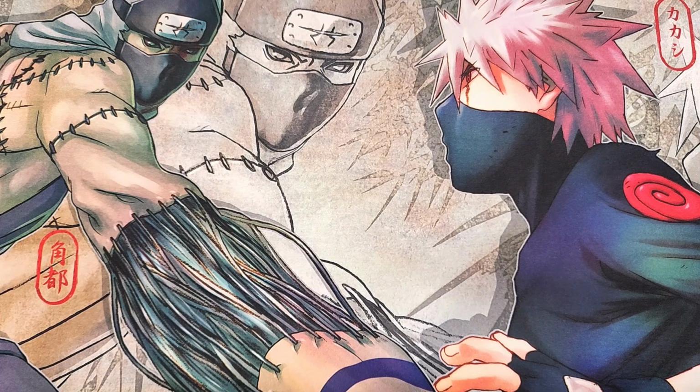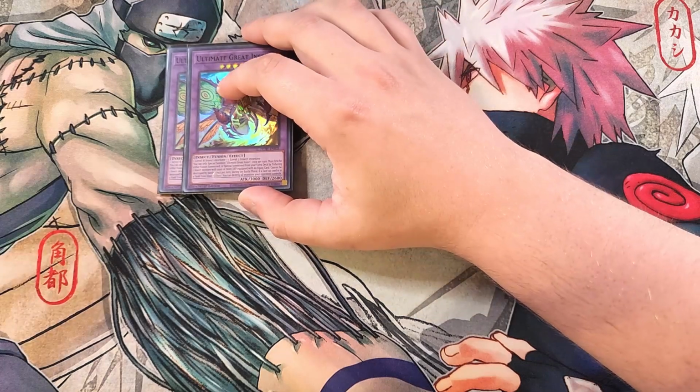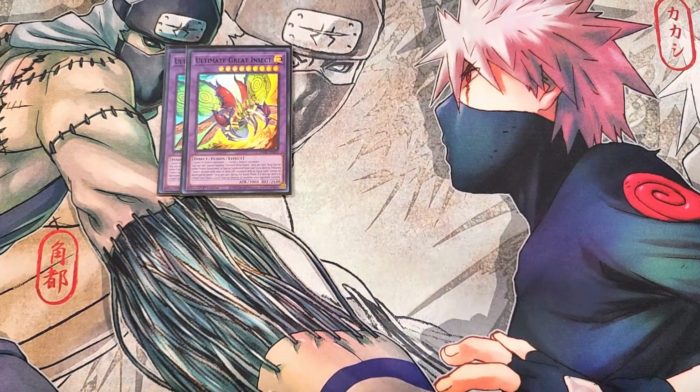So for the extra deck, guys, we're going to start off with 2 copies of Ultimate Great Insect. This card is an amazing 2-of in the build and super easy to summon out to your side of the field, as all you have to do is tribute an insect monster with 2,000 or more defense equipped with an equip card, making it super easy to summon out